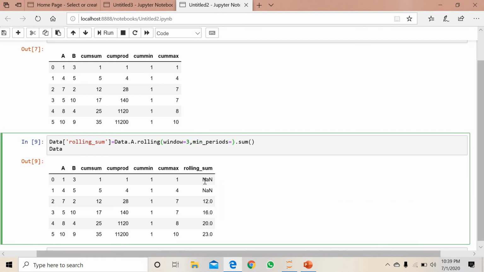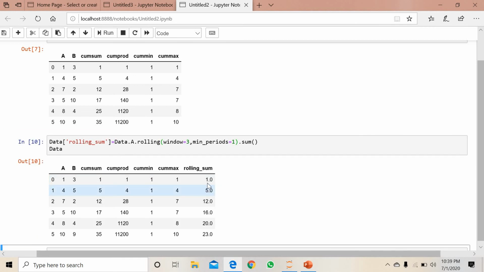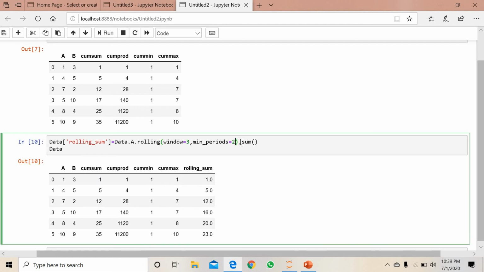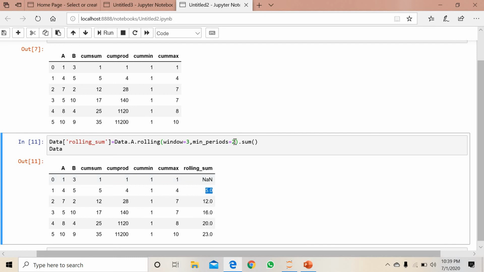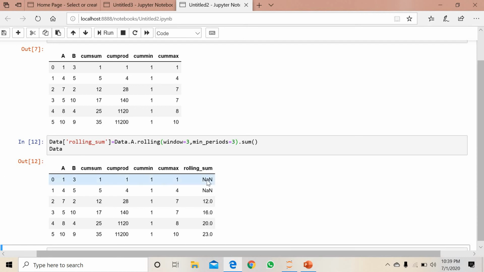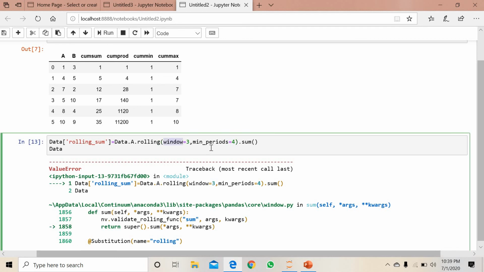Let's say with min_periods, you want to check all the NaNs. So you can see here 1 and 5 are there, right? 1 and 5 are the NaN values. If you put 2, you can get only 1, because we have put the minimum period 2, right? If you put 3, then you will not get those NaN values, right? So however many elements and NaN values you want, you can put that. And one more thing, if you put 4 over here, you will get an error. Why? Because window size should be greater than or equal to the minimum period.